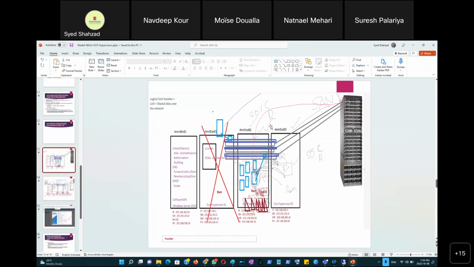So those disks are called LUNs, or logical unit numbers. So LUNs are coming from over the network. What's the benefit of disks coming over the network while we still have disks available locally also? The benefit is, as we said in the last class, that if the hypervisor goes down, the local disks are